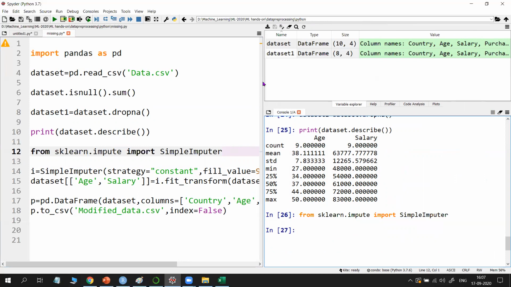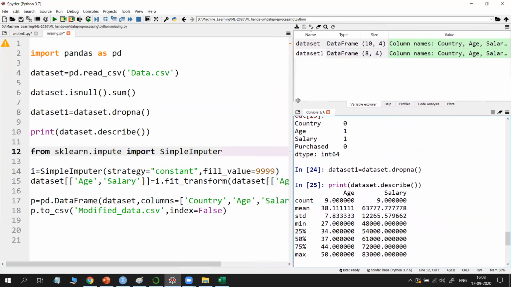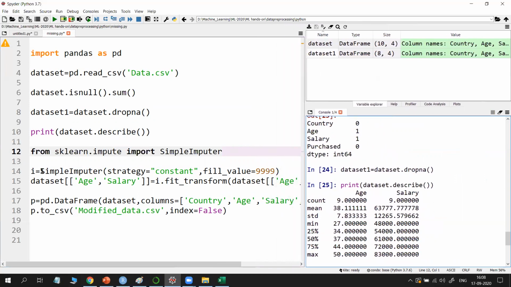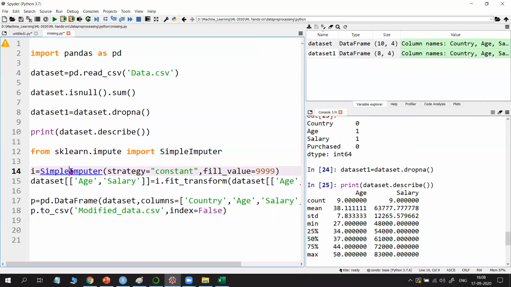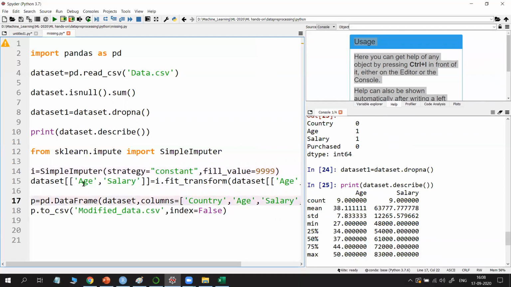So the second line, as I explained in the slide, SimpleImputer is a class, and what are the parameters we need to give? To know about the parameters, simply click anywhere on this class and press Control I. Control I is the help. It will show some help.